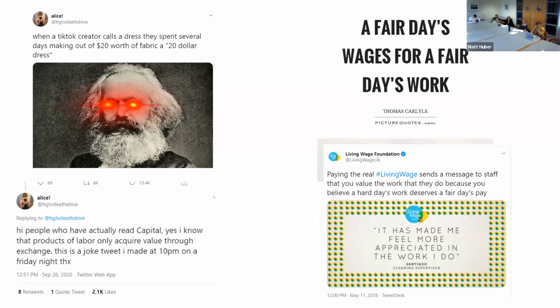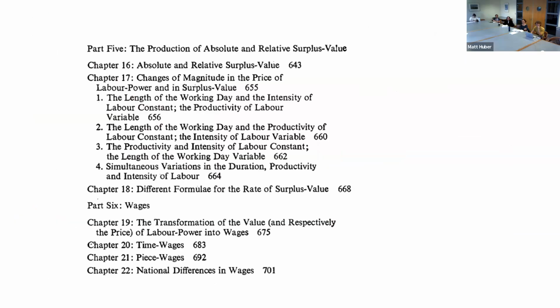And then this person added, hi, people have actually read Capital. Yes, I know the products of labor only acquire value through exchange. So this is like a Heinrich type reading about, value only exists in exchange, blah, blah, blah. It's a joke tweet I made at 10 p.m. on a Friday night. Thanks. So anyway, I find this stuff funny. In any event,